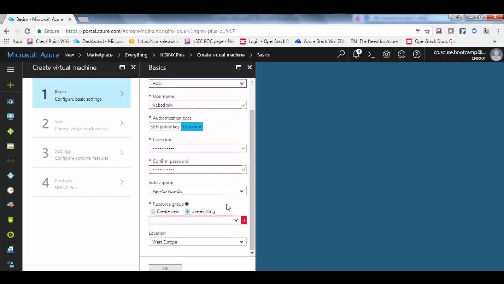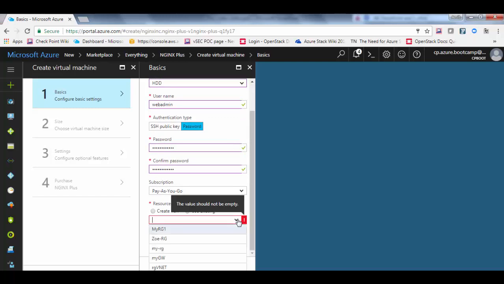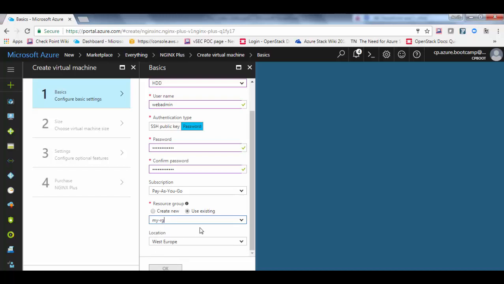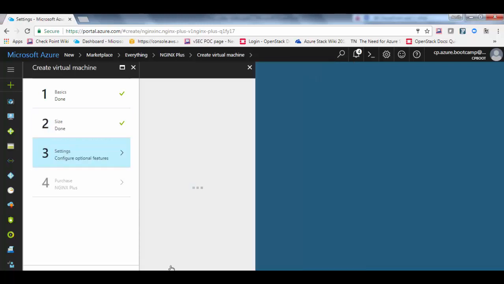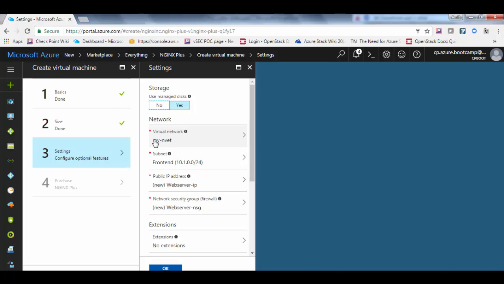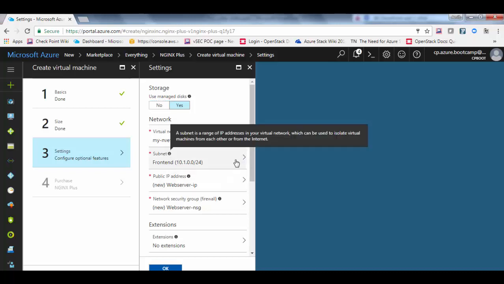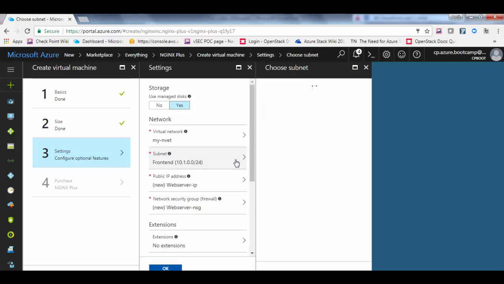And the resource group that we're going to implement it in. We can actually use the same resource group we had with the firewall, and the location, and just click OK. Now let's choose a size for our web server. Actually, A1 standard is more than enough for our sample website. So just click select. Make sure our VNet is chosen, and for subnet, let's choose the subnet we just created